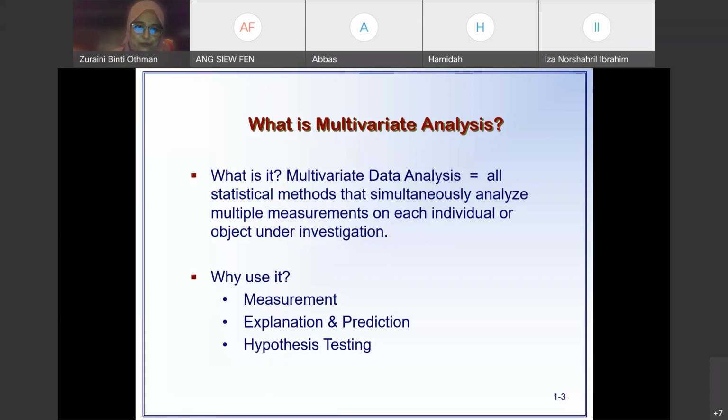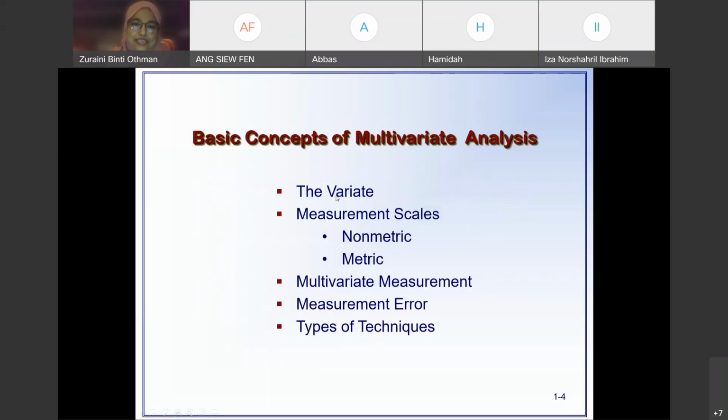Okay, can we move on? If you have a question, you may ask in the chat or you may open your mic. Okay, then this is the basic concept of multivariate analysis. If I mention something wrong, you can also correct me, because I'm also a person who still has some faults, and someone has to correct me.